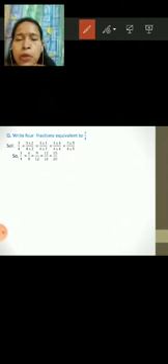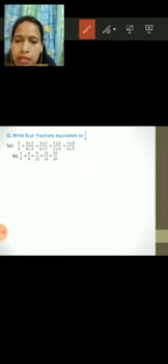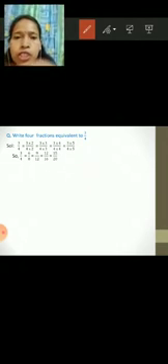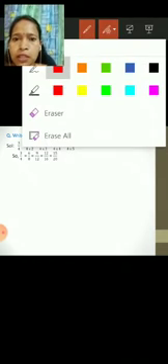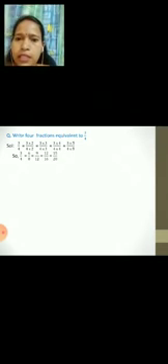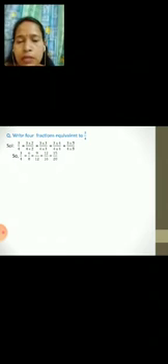So 3 by 4 means, and we have multiplied 2 in both. So it will give you 6 by 8. Then next is 3 into 3, that will give you 9. Then next is 3 and 4 by 3 into 4, that will give you 12. And in the denominator 4 into 3, it will give you 12. Next also 12 by 16 you will get, then 15 by 20. So in this way you can write down the equivalent fraction.